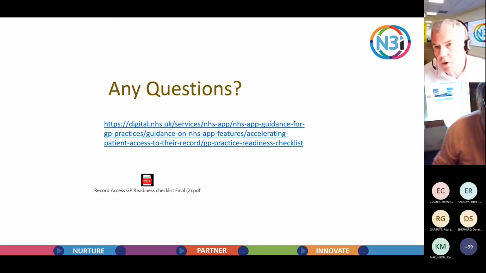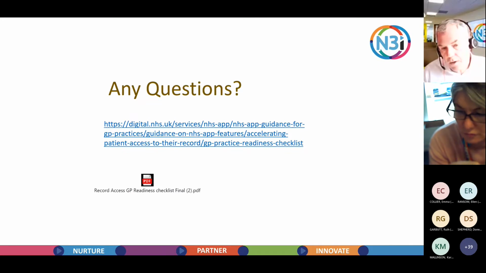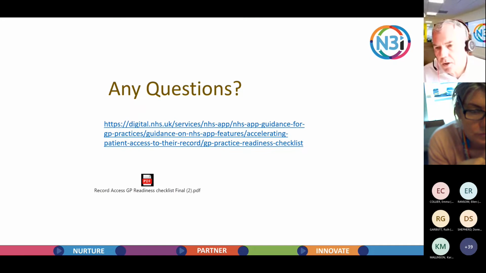Obviously, I suspect most of you have got the NHS app yourselves, so you can have a look at your view, but at each practice you can have a test patient, and then you'd be able to see exactly what the test patient sees, and you could try redacting stuff and put something out there and see what they see, try putting a document on and so on. So that might be something useful. You might want to get one of the team to do that perhaps, and then just as part of the briefing to staff, you can show, look, this is what people will see from the other side. But also I suspect your staff will be seeing that. You guys can see it as well yourselves.